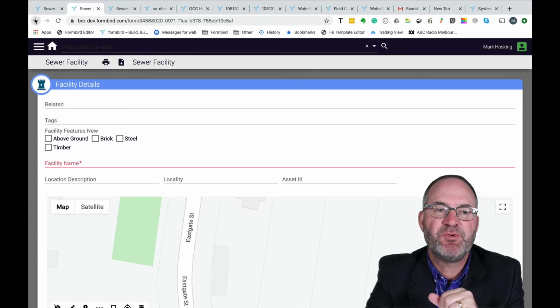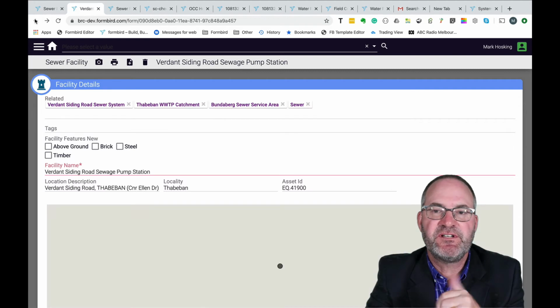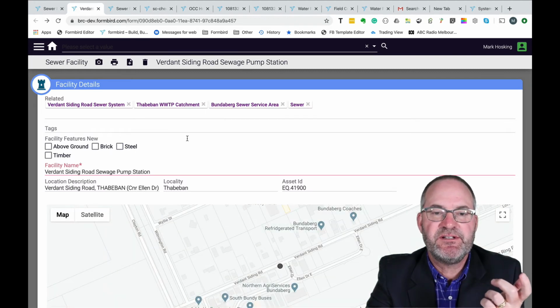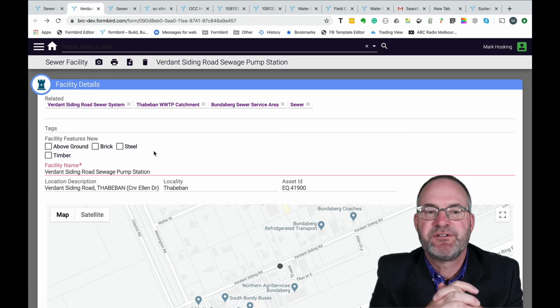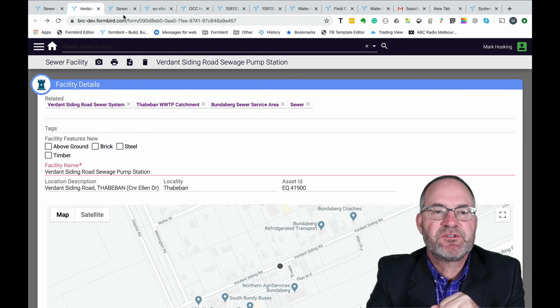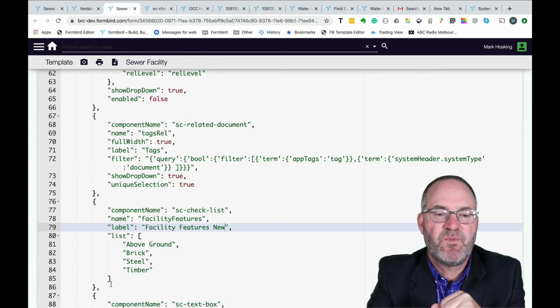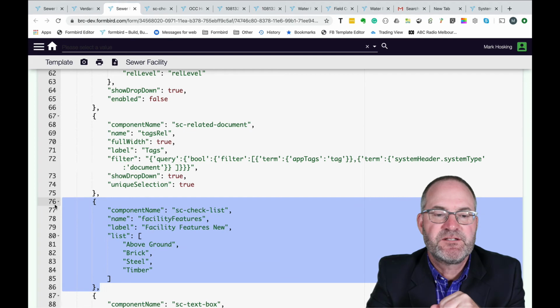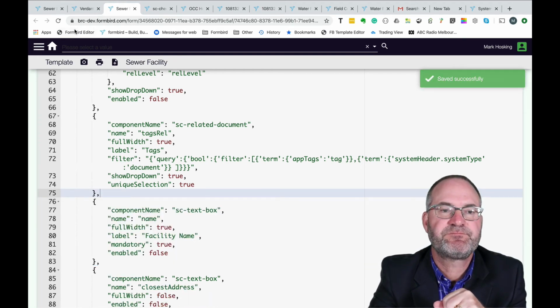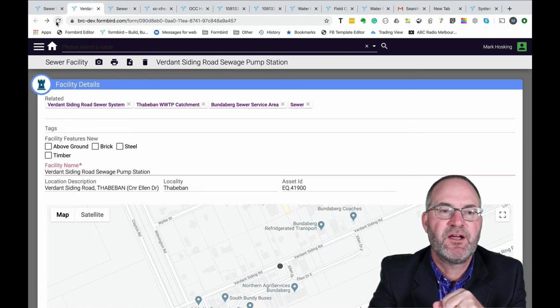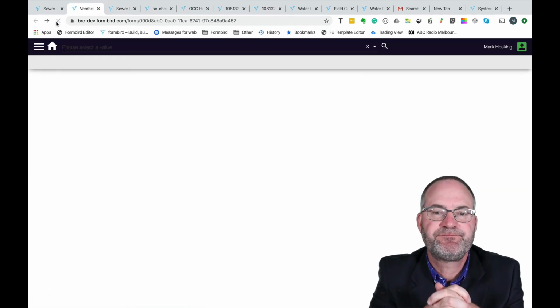Now, if I was to go back to an existing facility, so I now navigate back, you'll see that it is on that form. It has no data associated with it because it is new. But if I was to update that, it will now be saved against that record, or against what we term a document. So what I can now do is remove this, as this is us playing around a little bit. So I'll remove this off that facility, or that definition, that template. I now save it. I go back, I refresh,